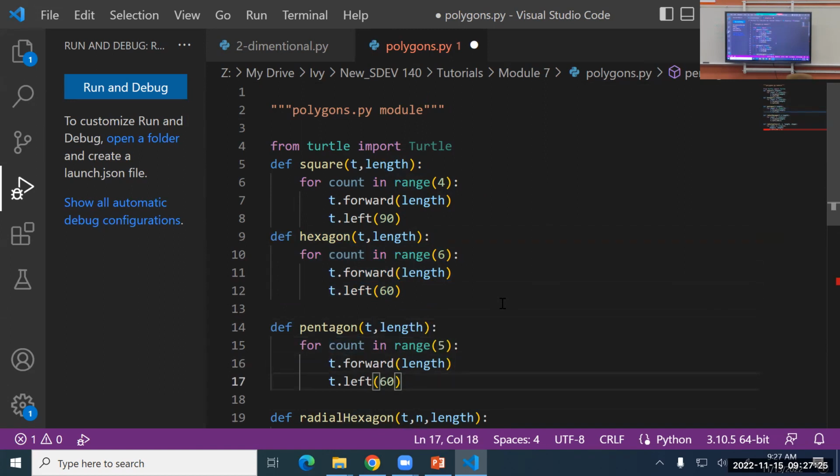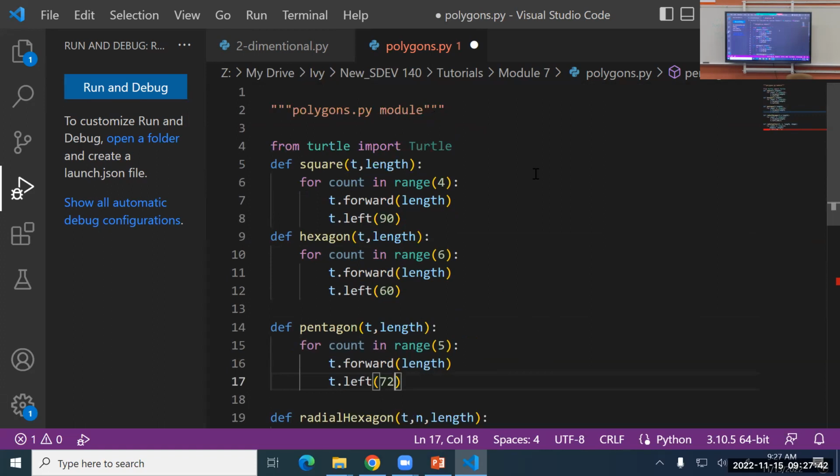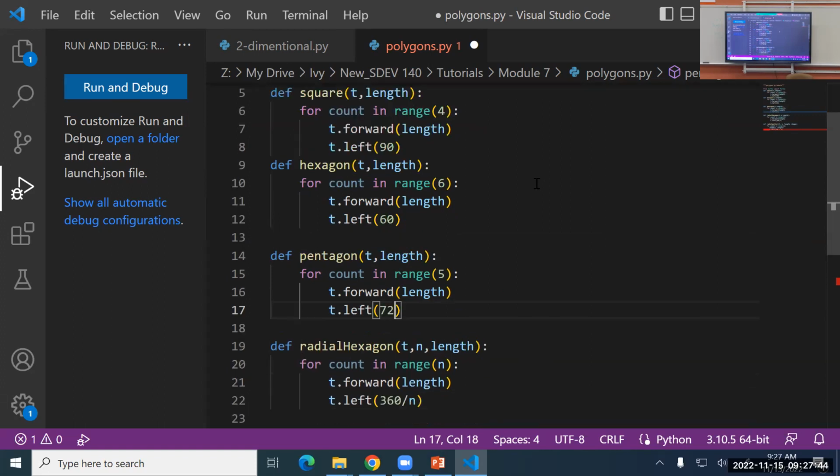360 divided by 5. What is it? It's 72, right? Yeah, 72. Okay. So yes, that's the way you define the polygon here. That's the way you define any shape you want. You can define square. Square, you run it 4 times, and you have in total